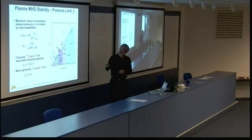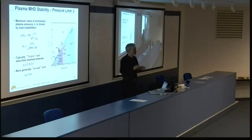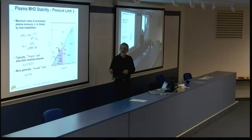It's been shown that the right way to normalize this is to ratio this beta against the plasma current divided by the minor radius times B. If you do this, you can pull all of the results from different experiments together, and it forms a very nice description of the stability boundary. And what you find is that typically this normalized beta has a value of 2.8 to 3.5. This is what's called the Troyon limit, after the physicist who developed it, who happened to be the director of the lab at Lausanne